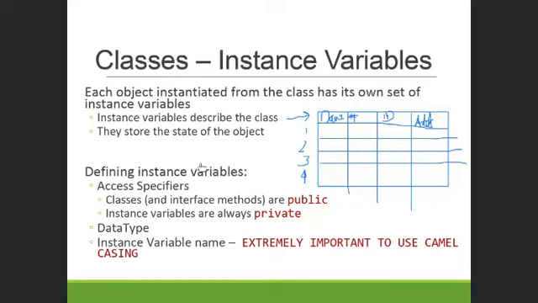So whenever you're creating instance variables, they have to have 3 things. They have to have an access specifier, or an access modifier, so that you know who and where can access those. In POJOs, or plain old Java objects, our instance variables are always private. Right from the start, you'll get in the habit of creating your private instance variables. And they have to have a data type. What data type could name be in our class example up here? Yes, string. And then we have our private string, and then we have to have a good variable